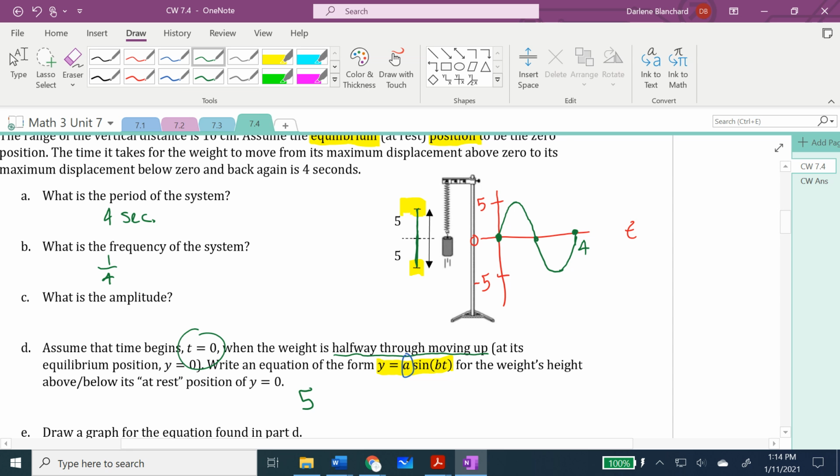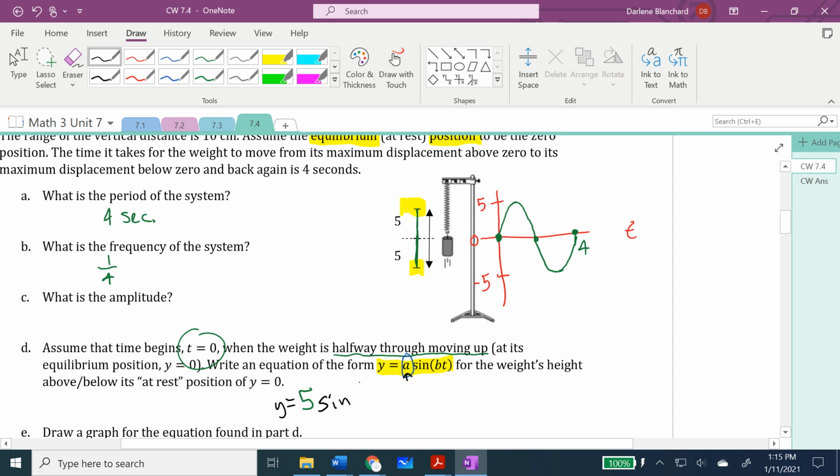I'm going to temporarily erase this graph, and I'm going to show you that if it was negative 5, then the graph would have looked like this. That would be a negative sign. A negative sign begins at the center but begins by moving down. A positive sign begins by moving up. I'm now going to undo back to the graph. All right, so I have a positive 5 is my a number